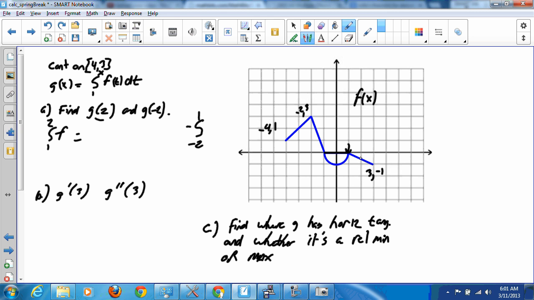So this height is going to be a negative 1/2. So the area formula for the triangle would be 1/2. The base is equal to what? 1, and the height is a negative 1/2. So multiplying that out, we get a negative 1/4. Alright,